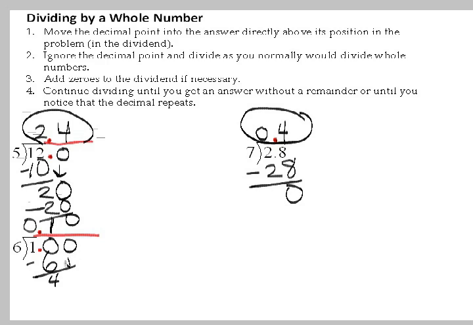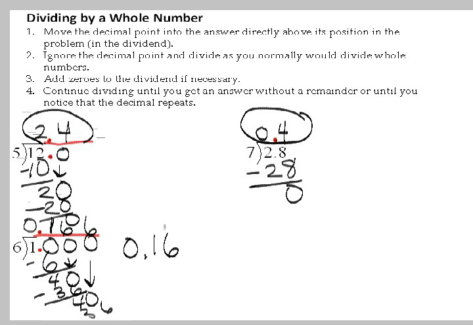Add a 0, bring it down. 6 goes into 40 6 times. 6 times 6 is 36. Subtract, and we have 4 left over. Add a 0, bring it down. 6 goes into 40 6 times. 6 times 6 is 36. So you see we're going to continue to get 6 on and on and on forever. So our answer is